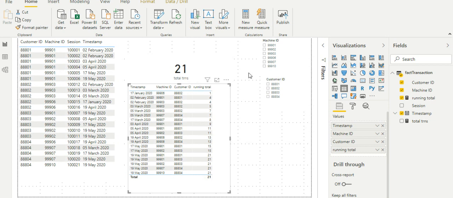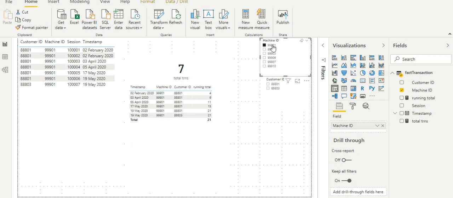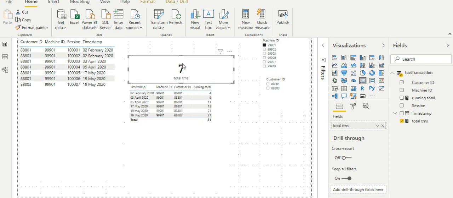Now let's say that I'm filtering for one particular machine. This is going to give me a count of 4, 9, 11, 15, 21 and 21. But as you can see from this data set, there are only 7 records, or in a sense 7 transactions, out of which customer 8801 is going to have 6 transactions and the other customer 8803 is going to have 1 transaction. So at the end of the day, the machine 7 is having only 7 transactions, which is properly being shown in this total transaction card, but the running total shows a wrong value.